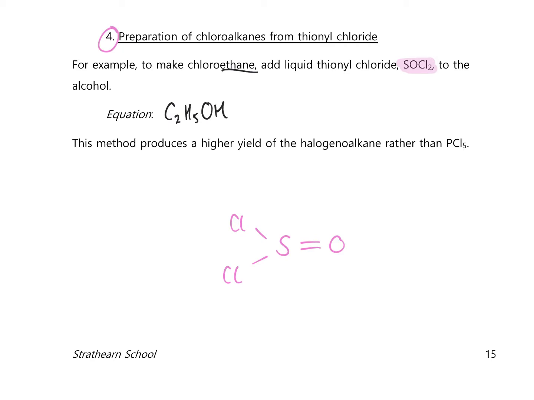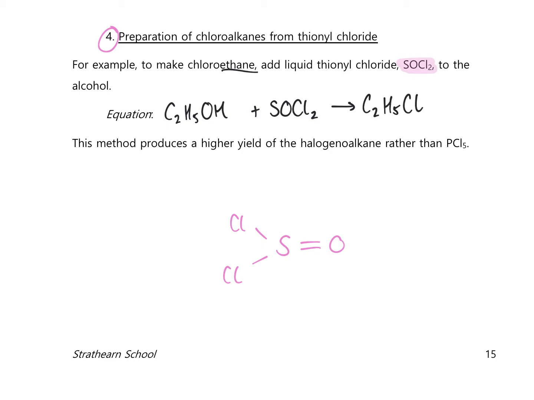So again, eth means 2 carbons, and then one of the hydrogens, if we were thinking of ethane, is replaced by the OH group to make it an alcohol. So that is the formula for ethanol. It reacts with thionyl chloride, SOCl2, to produce the corresponding halogenoalkane, which is